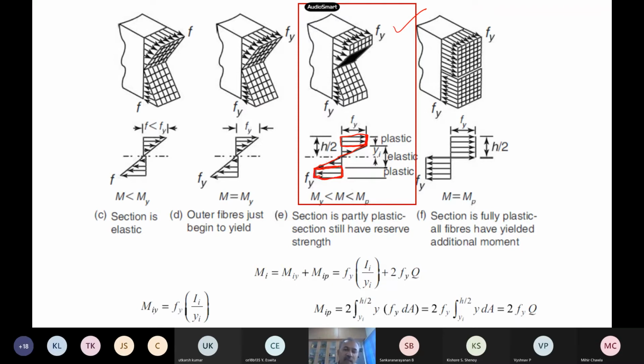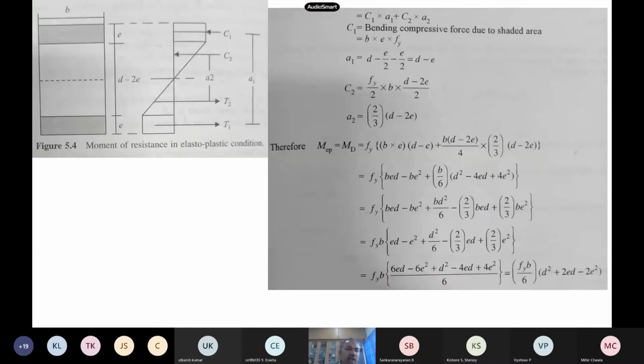So if you want to find out the bending capacity, say you have to do it 2 times, one for the plastified region and the other for the elastic region. So you have a combination from this, and a combination from that also. The same lever arm can be used. So like this, you can calculate.